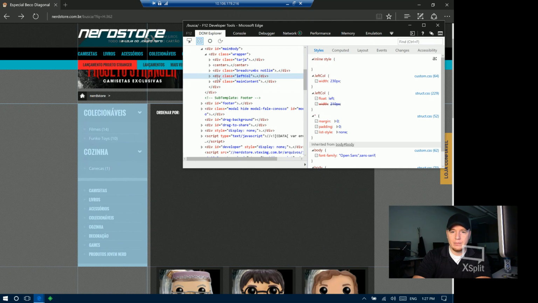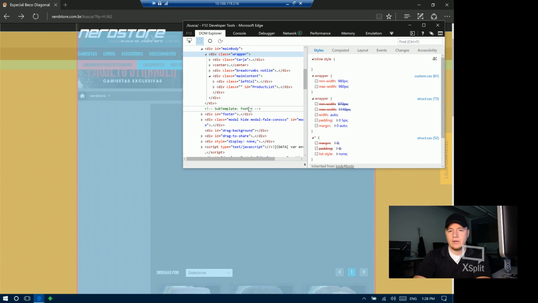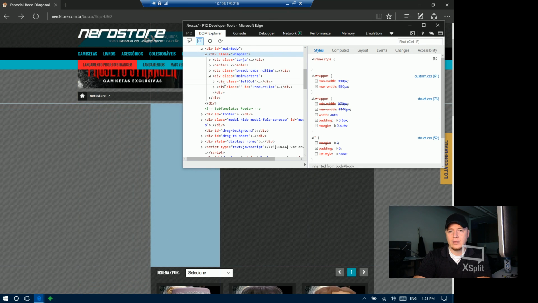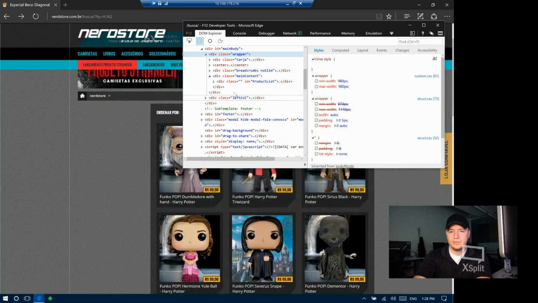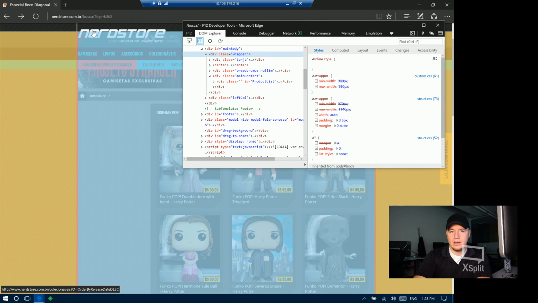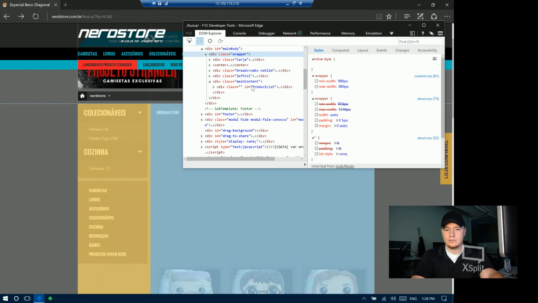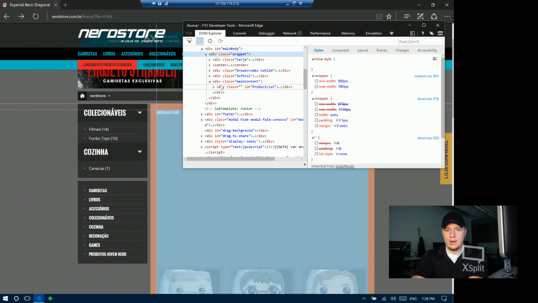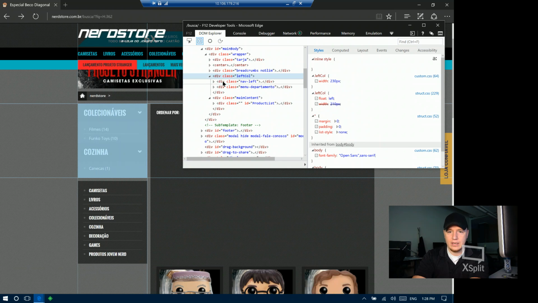If I put that left column on the other side of the main content, so you can click and drag this, you notice that blue line indicates where it's going to go. And so if I put that underneath, let's see, left column, that still is not what I want. So I'm going to leave main column inside there, and I'm going to expand that out, and we'll look at